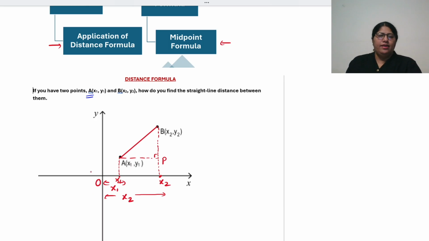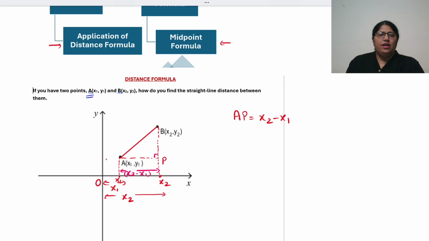This is the origin, right? So what is going to be the length of AP? If you see here, the length of AP is going to be x2 minus x1. How do we take this? Because I need just this distance, this length, to take the AP length, I will be using Pythagoras theorem here. So what can we take here? x2 minus x1,